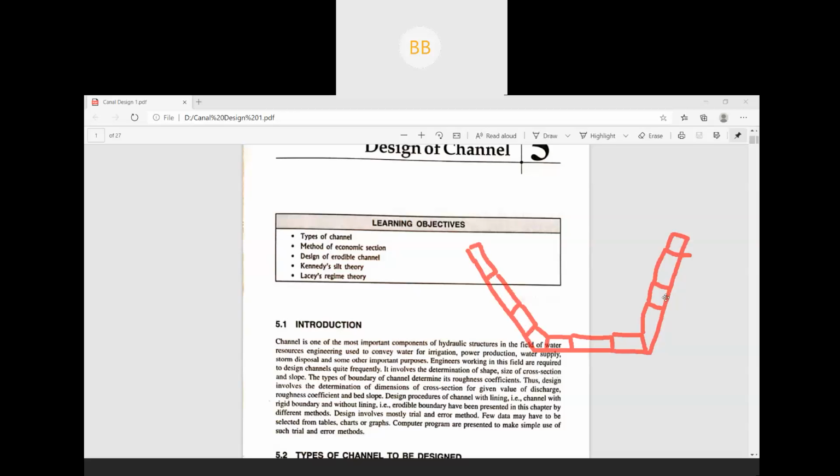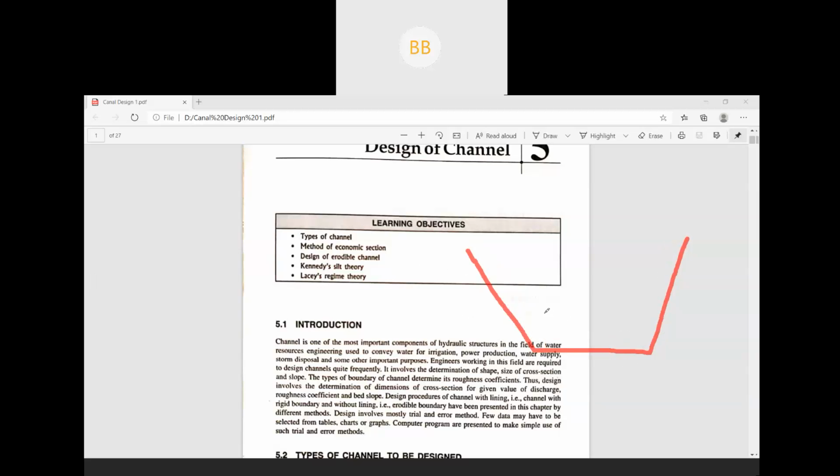So there are different advantages and disadvantages in both. Those things you are going to study in details in the irrigation chapter. Now here, how can we design this channel, whether it is a lined or an unlined canal? Okay? So we have various methods for both lined and unlined canal. From the exam point of view, if you go for any competitive exam, your maximum questions you can see from your unlined canal, that means you can say the earthen canal.